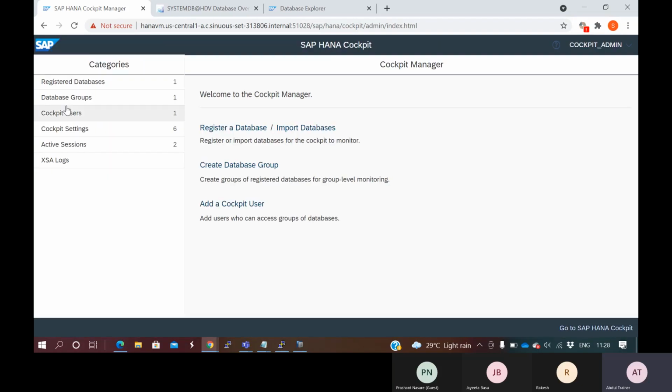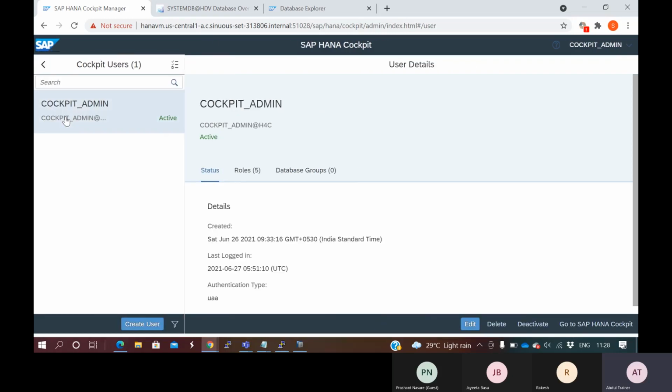Yeah, cockpit users. So one user is there, cockpit admin, and it has the full access. Now we will create additional users who can monitor the URLs. So we will not give the cockpit manager access. So click on create user,